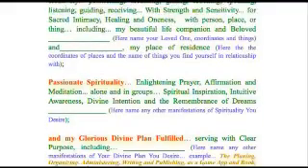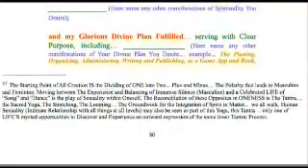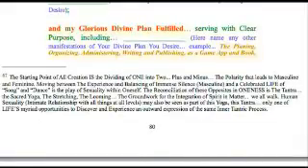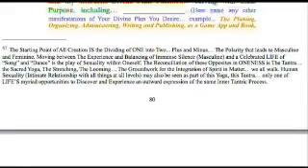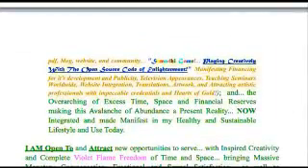And my glorious divine plan fulfilled, serving with clear purpose, including, and then we'll say these words in gold, the planning, organizing, administering, writing, and publishing as a game app and book, PDF, blog, website, and community, tribe, Samadhi game, playing creatively with the open source code of enlightenment, manifesting financing for its development and publicity, television appearances, teaching seminars worldwide, website integration, translations, artwork, and attracting artistic professionals with impeccable credentials and hearts of gold, and